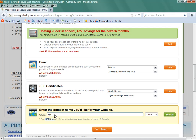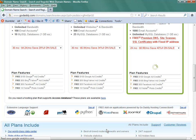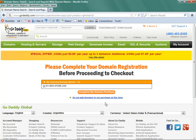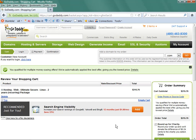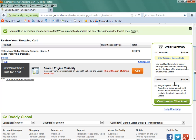Just put in my new store, search, is available, and just click next. Then you come to your credit card information, stuff like that. Because I didn't click the add button, it's asking me, do not add. But anyways, you get the gist of it. Then you just click checkout, continue to checkout. I'm not sure why that says $215, but